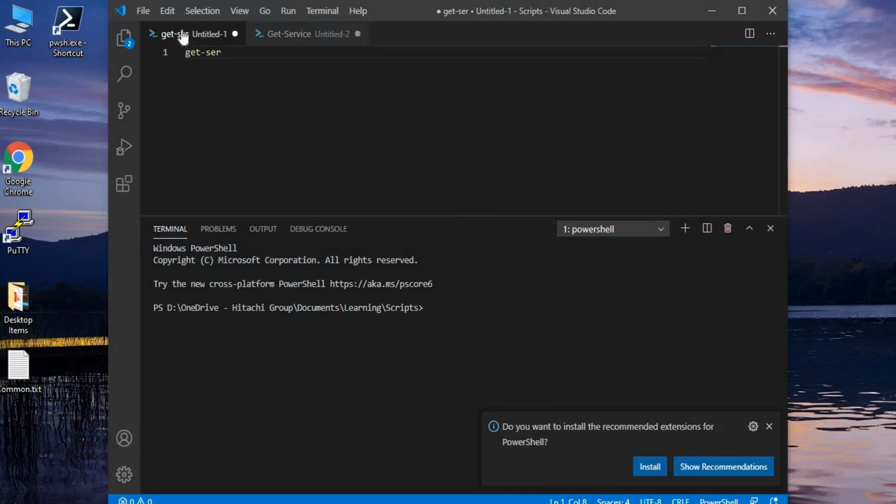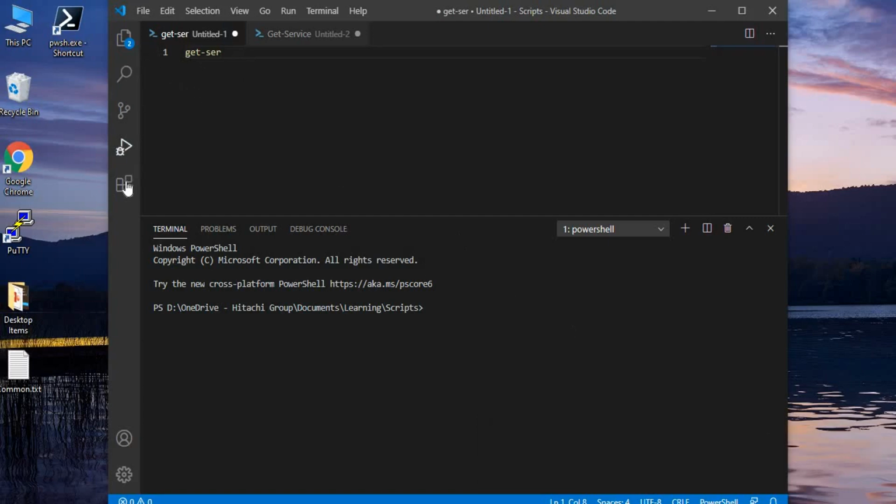When our Visual Studio Code opens, it looks like this. Currently it doesn't have the PowerShell extension, so we need to install the PowerShell extension in this so that we can manage our PowerShell code. It is also suggesting, do you want to install the recommended extension for PowerShell? Because I am already trying to open PS1 files in Visual Studio Code, it is picking from my previous session. On the basis of that, it is suggesting this, but I don't want to install it this way.